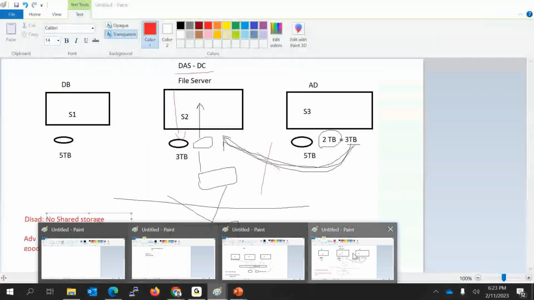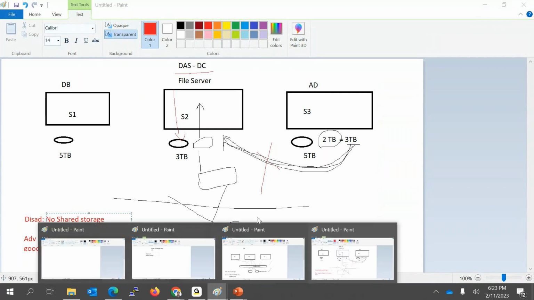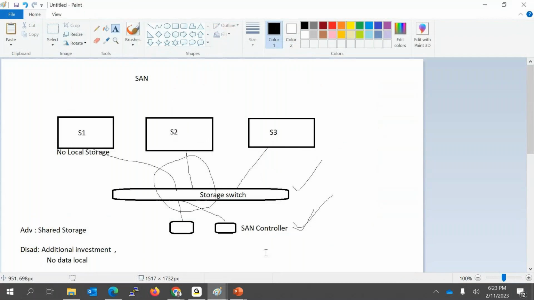Why were we using DAS? Because DAS provides local storage, so performance is good. But one problem there is that it is not providing shared storage. Then we move to SAN. SAN addresses the problem of shared storage, but performance is still questioned because I moved my local storage to the SAN controller, and my performance depends on the network.